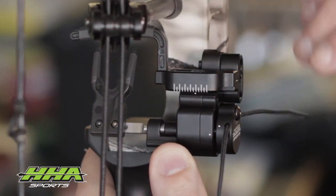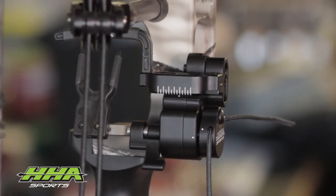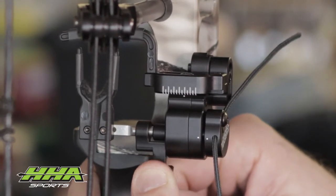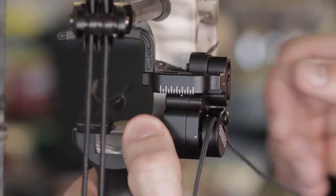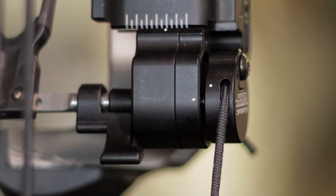If it's too soon, you put a lot of torque on your cable, which isn't good. If it's not lined up, then your rest isn't fully engaged and it won't fall away at the right time, which will cause fletching interference. So again, you want these dots to line up within the last 1/2 inch to 3/4 of an inch of